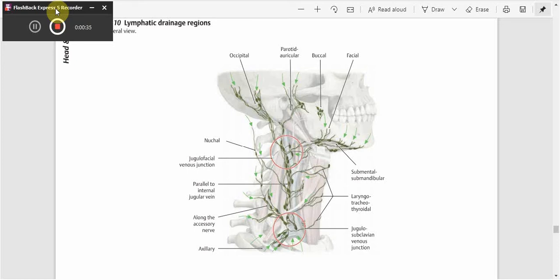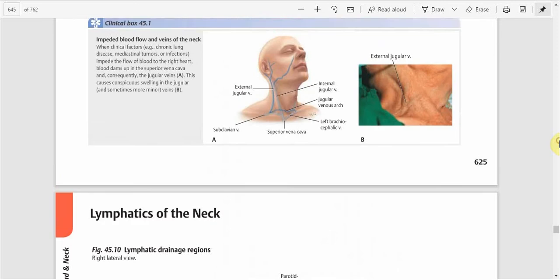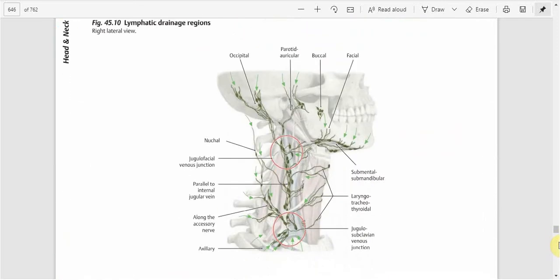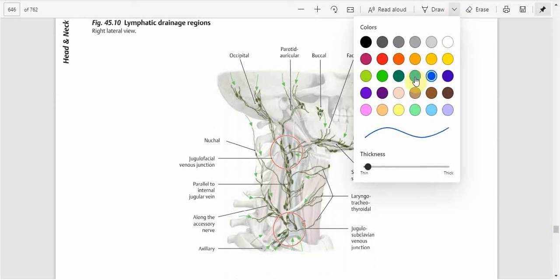So let's start with the superficial lymphatic nodes of the head and neck region, and I'll show you the images and I'll try to make it an interactive session. The first lymph node you need to be able to memorize from the superficial lymph node category is a lymph node group known as the buccal lymph nodes